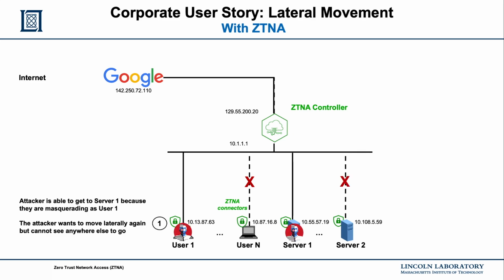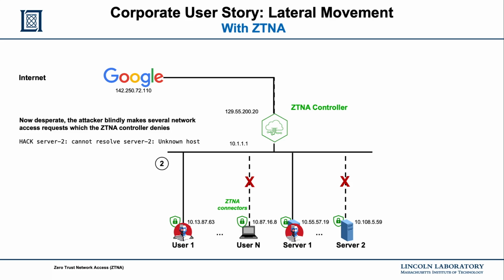This might be a minor inconvenience to user one, but it's a major inconvenience to the attacker, as we'll show here. Now, the attacker has moved from user one's computer to server one because they have connectivity to that, but they really can't get to any other part of the network. We've really stopped their lateral movement. And so when they try to move somewhere else, they can't discover anything else because the Zero Trust Network Access Controller says nothing else is on the network